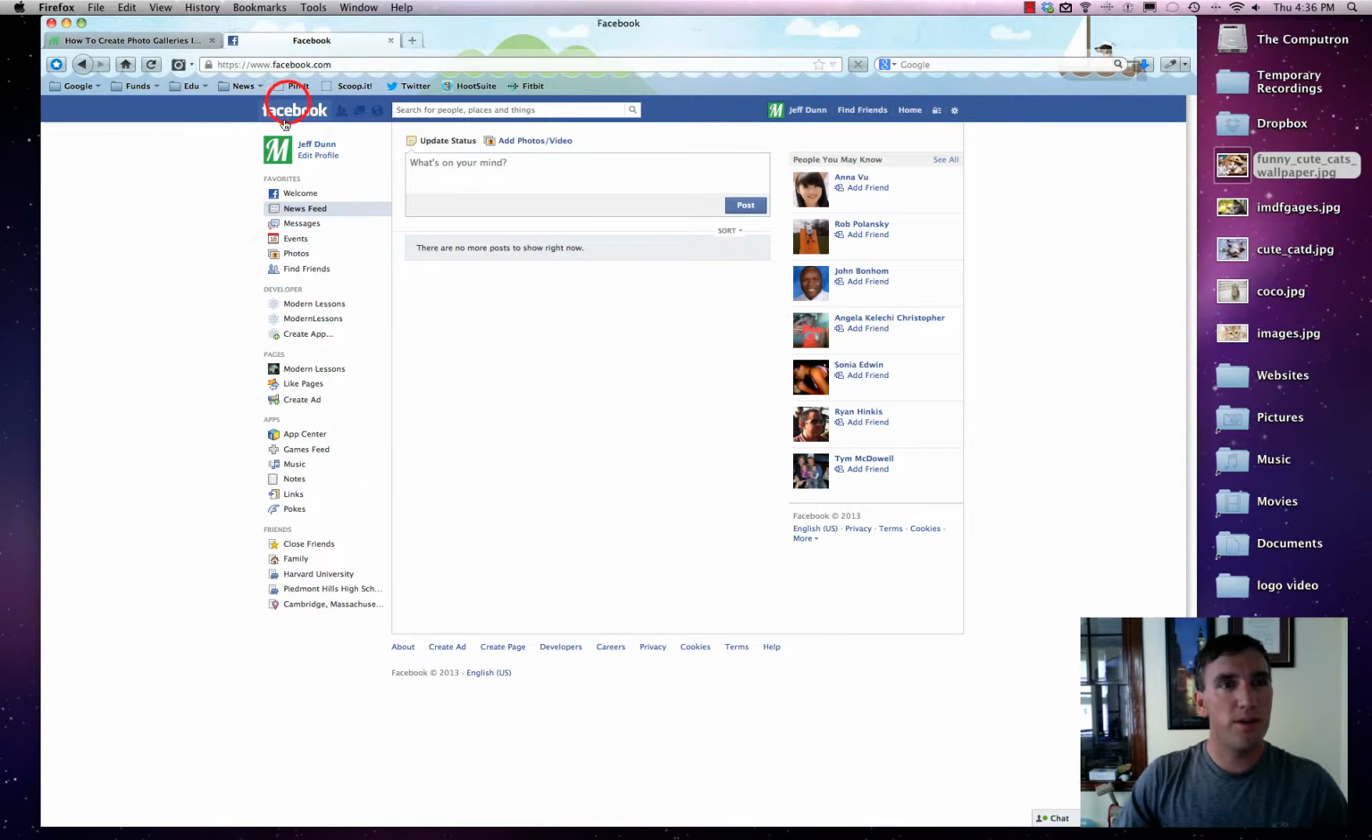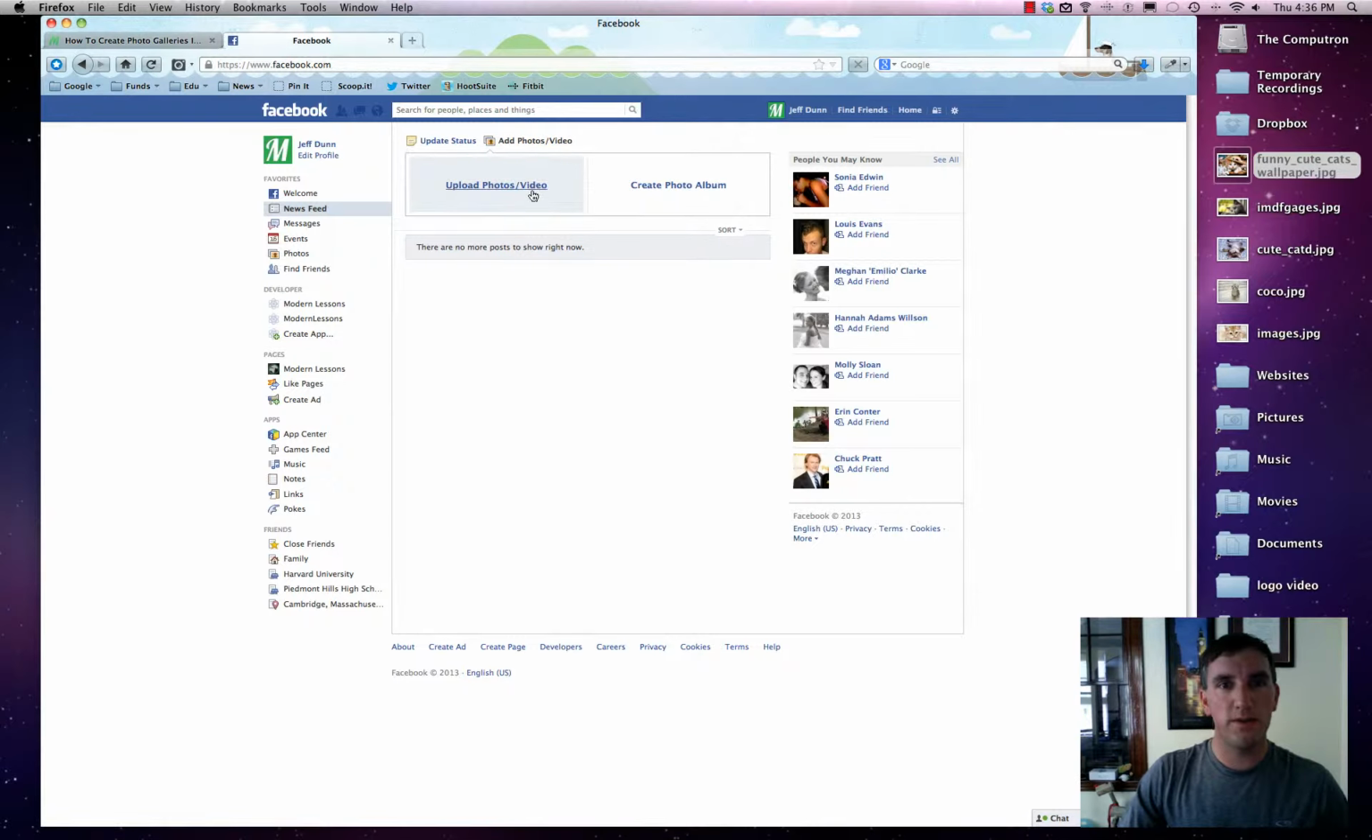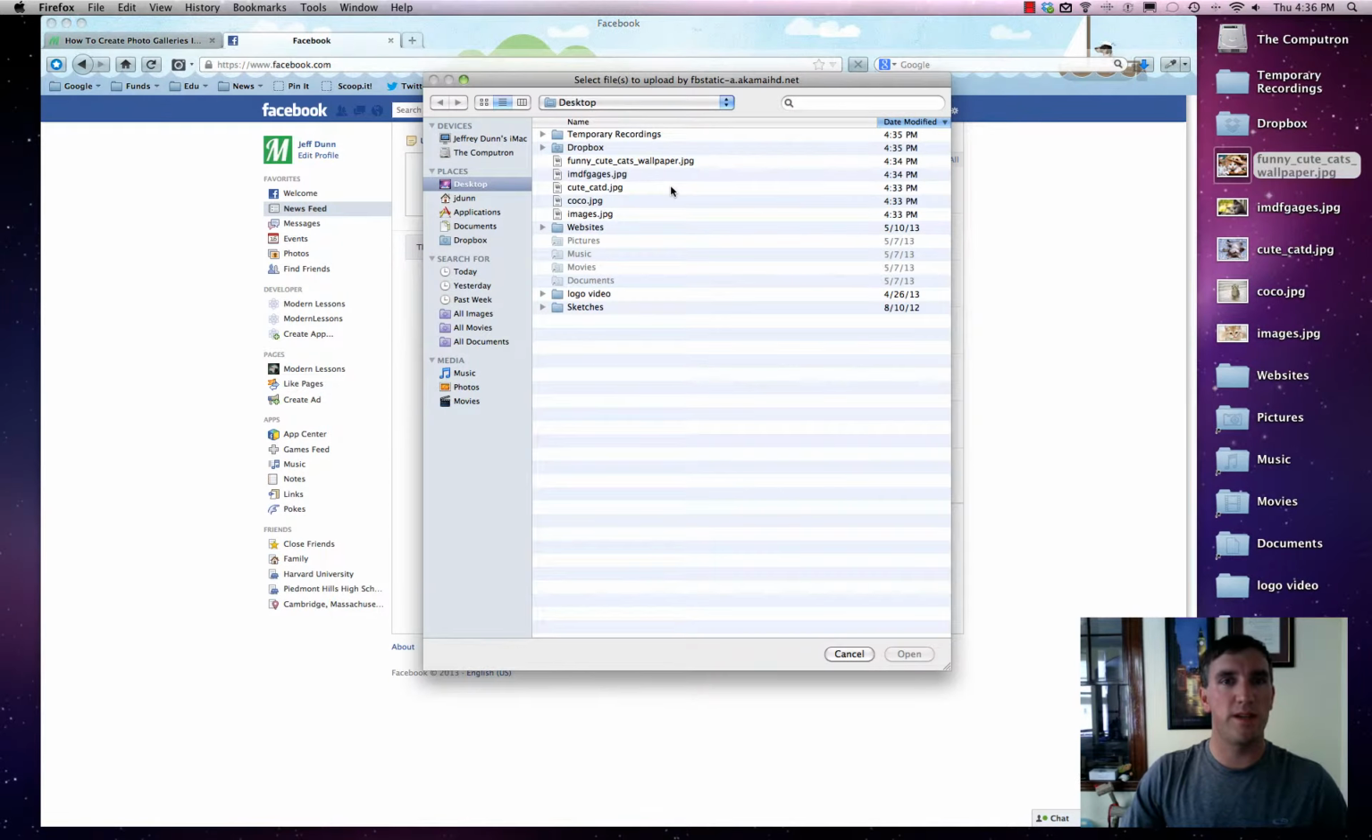Anyway, all you have to do is log into Facebook right here. It'll bring you to this, and instead of typing where you would normally type, you can just click over here to add photos and video. So you can upload photos or video or create a photo album. Today we're going to create a photo album because that's a little more robust and lets you add stuff later,